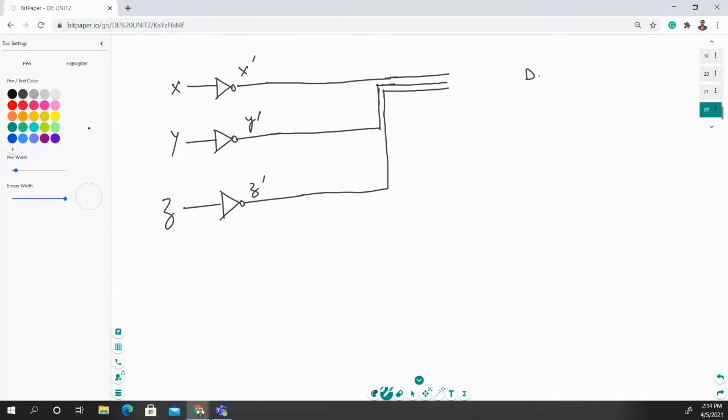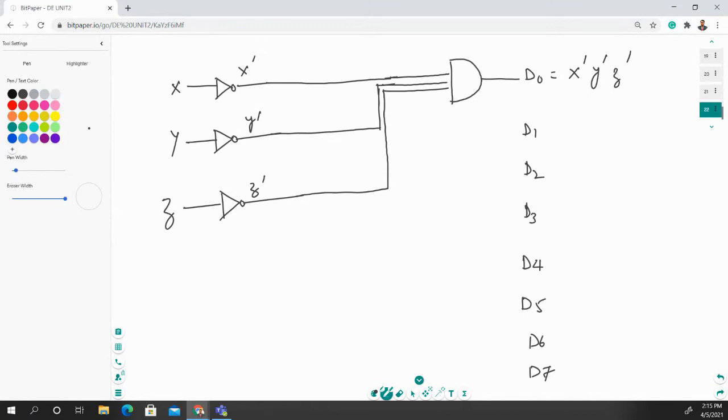You are getting output D0 equal to X bar, Y bar, and Z bar. What should be the logic gate name? AND gate. Yes, because you are multiplying all these inputs right here. With the help of an AND gate, you can multiply all the inputs and you will get output as X bar, Y bar, and Z bar. So second D1, then D2, D3, D4, D5, D6, and D7.